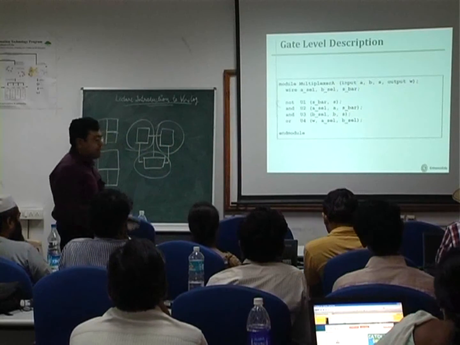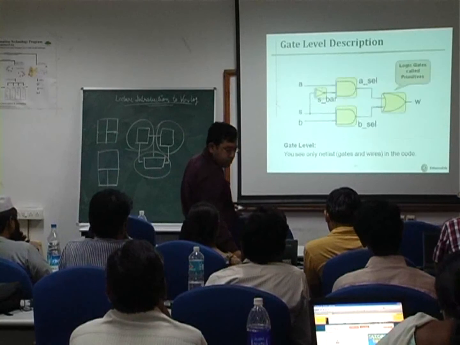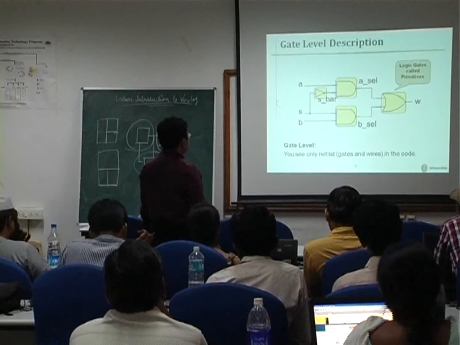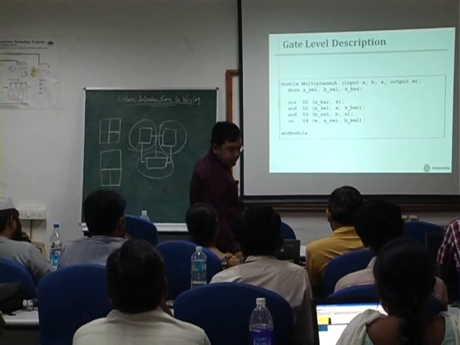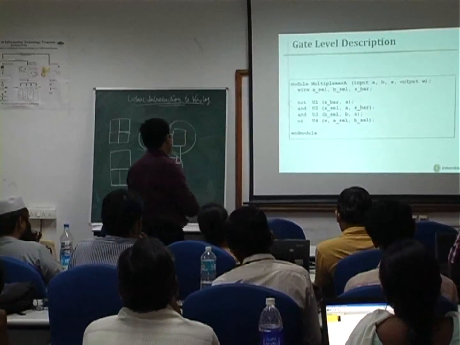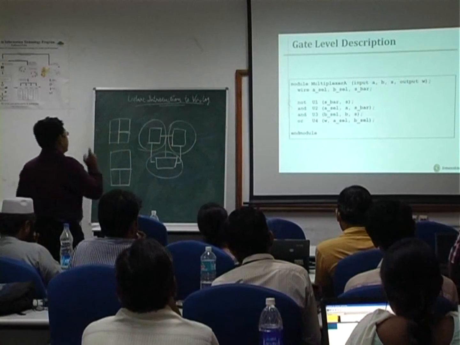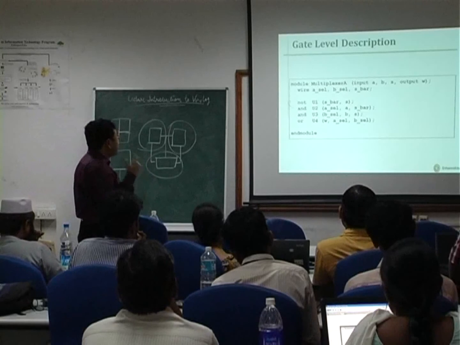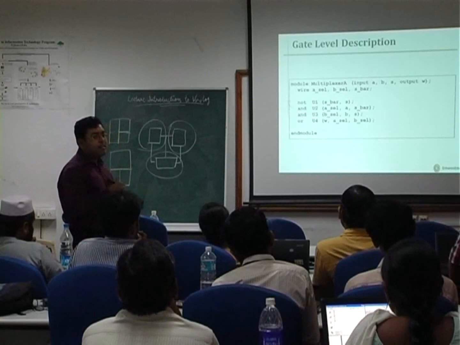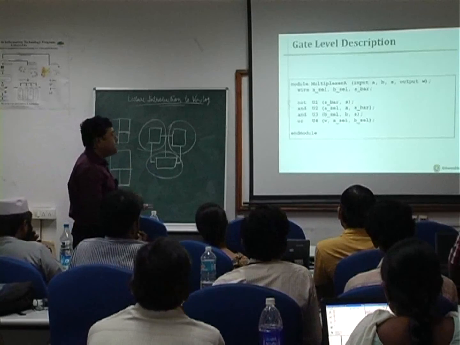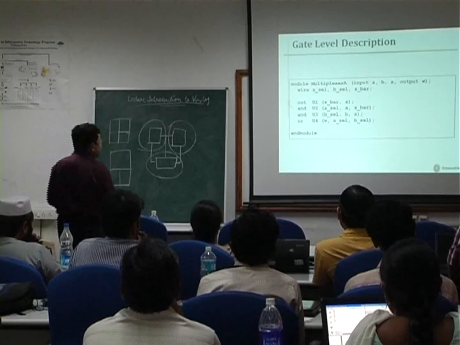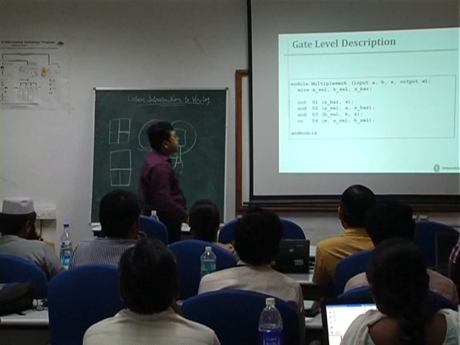So this multiplexer basically comprises a set of 2 AND gates, 1 OR gate, and 1 NOT gate, and that's what we are instantiating over here. We are instantiating 1 NOT gate, 2 AND gates, and 1 OR gate, and defining the interfaces of the NOT gate, AND gates, and the OR gate in terms of the interfaces of the 2-to-1 multiplexer. So if you see the 2-to-1 multiplexer, we are defining